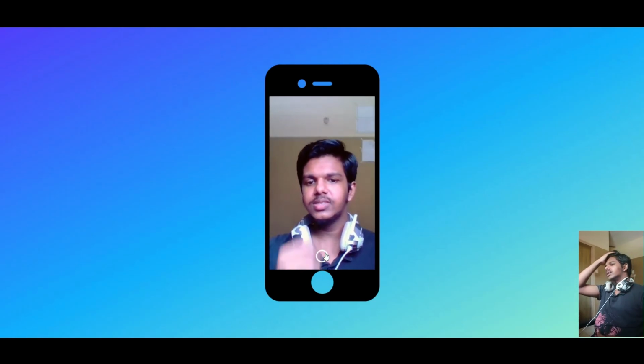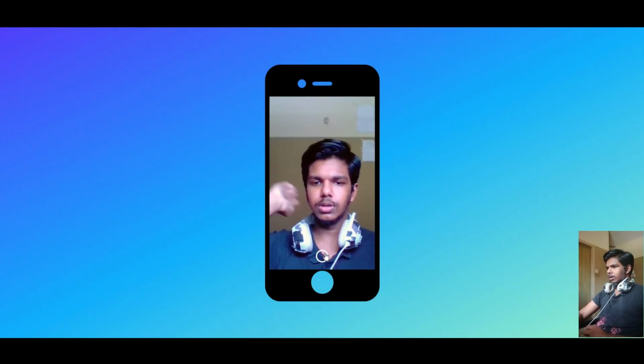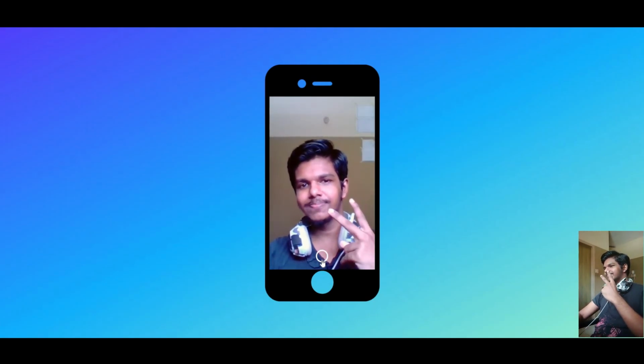So let's just try clicking a snap. Okay, so yeah, let's just pause. And yeah, this is the preview screen of the snap. Actually I've used React Router this time too. You can see there's a cross button here which pushes us back to the React webcam screen. There are buttons here which basically do nothing, and there's a send button here which sends this picture into Firestore, and you can see that image in the next screen. I'll show you that. So pretty cool, I guess.